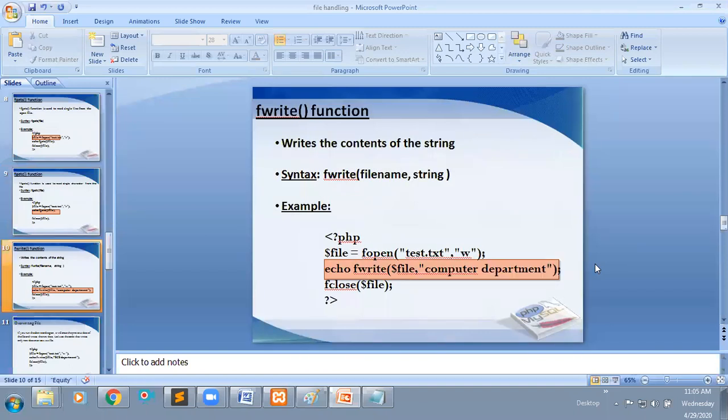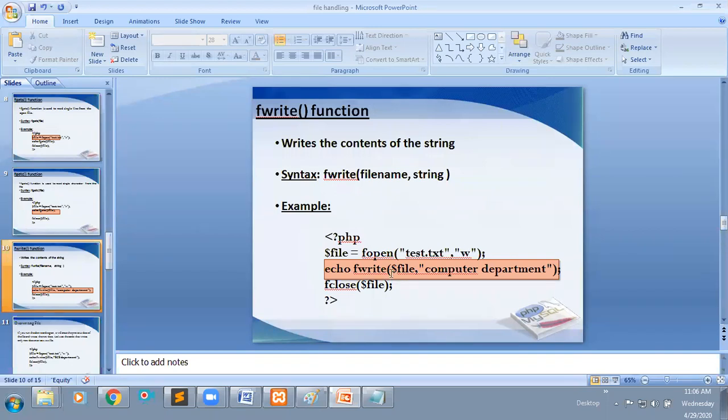Then I want to write some data into that file. For writing also, you need to open your file, right? Here I just opened that file. While opening your file, you need to remember it may be W, which is write mode, or W plus also. The mode is very important while opening your file. If it is a write operation, you need to go for W or W plus.